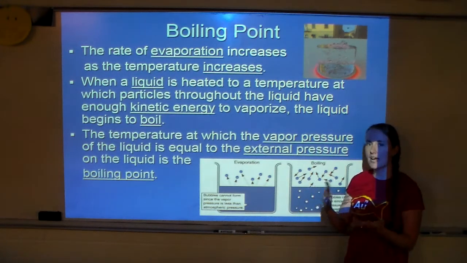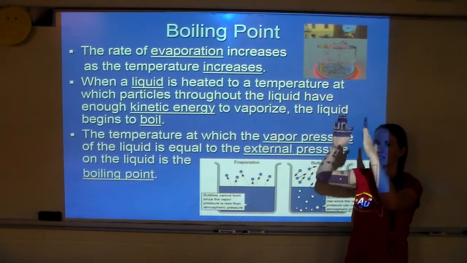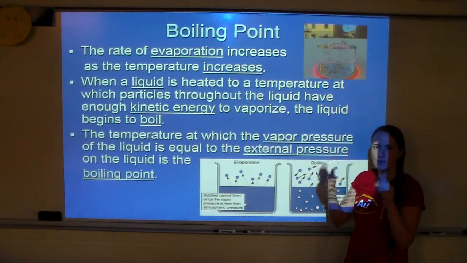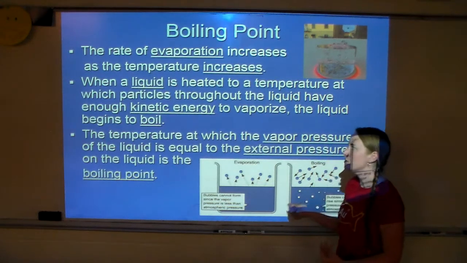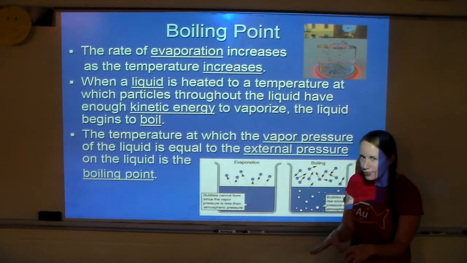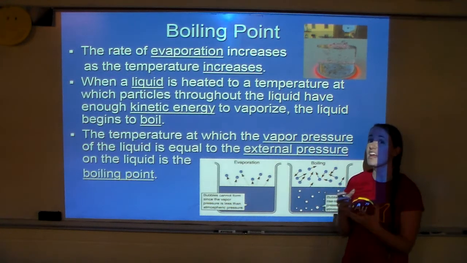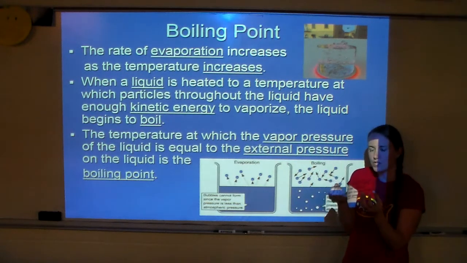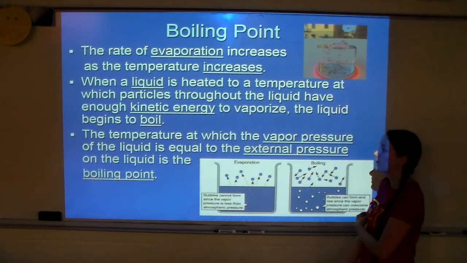Okay, so remember, evaporation happens only at the surface. And the really, really fast, high kinetic energy particles can escape the surface. That's why you can't see evaporation happening. You can see when a liquid's boiling. You see all these bubbles. But evaporation just happens at the surface, so you don't really see anything. Now, once you heat it to where all of them have it, that's when you see all those bubbles forming. And if you ever really watch a pot of boiling water, you'll notice that the bubbles just come from everywhere. Sometimes they come from the sides of the container. Sometimes they come from the bottom. Every now and then you'll see one just randomly come out of the middle of the liquid. And that's just because they all have the ability to vaporize at that point.